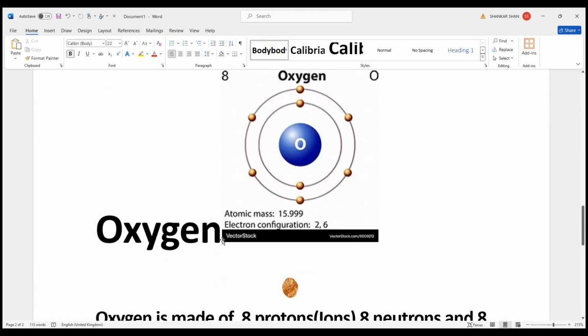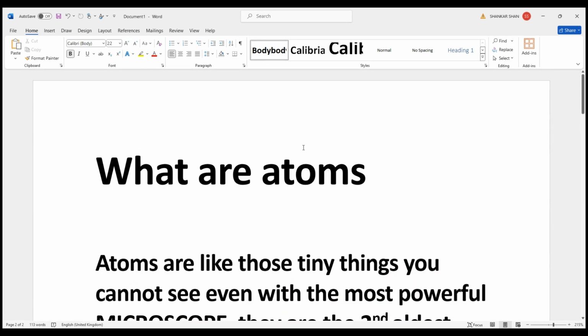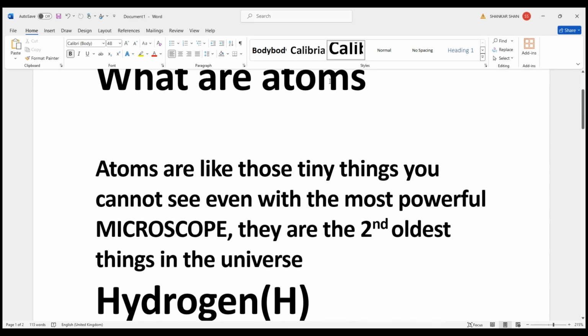So all we're going to learn about today is, what are atoms? Atoms are like those tiny things you cannot see, even with the most powerful microscope. They're the second oldest things in the universe. What's older than them is a primordial black hole, a type of dark matter which has an infinitely dense singularity, which is as small as us. And if we squeeze two primordials, they become binaries, and